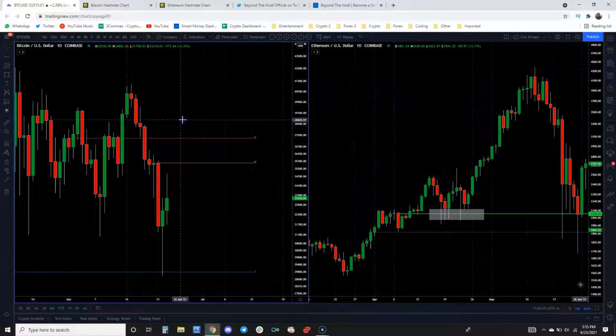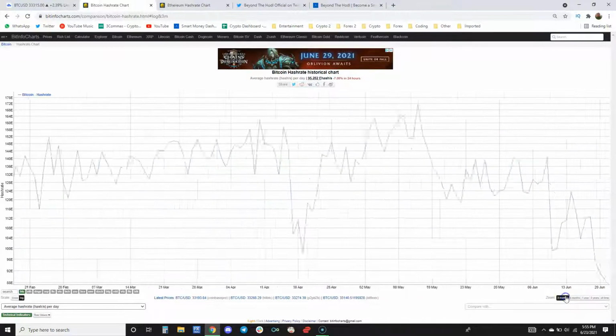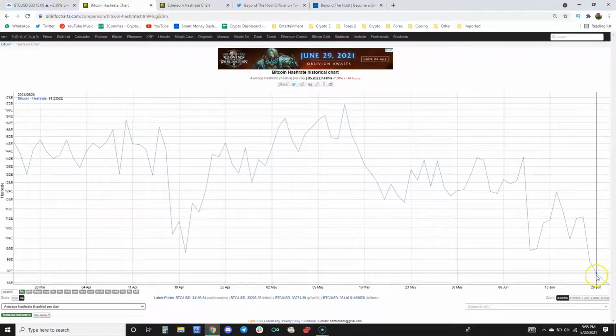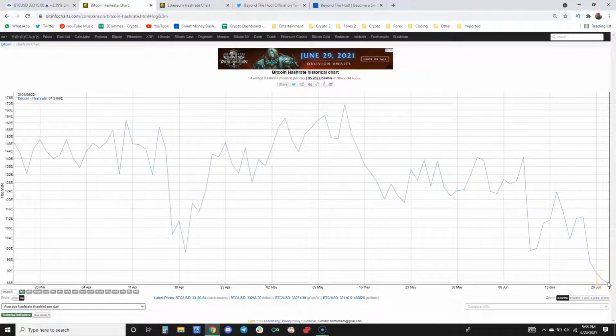So you've got to ask yourself, if this up move right here is really healthy, if this is the low, maybe you should be looking for the hash rate to recover, right? Now, how long is the hash rate going to take to recover? This is fundamental analysis. Do you have any insights as to how quickly the Chinese miners are going to move their rigs to a new country? When are they going to be up? If you can predict that type of stuff, which, unless you have the connections, you'll never be able to do. Unless you know someone working in the area and you have some insider information,